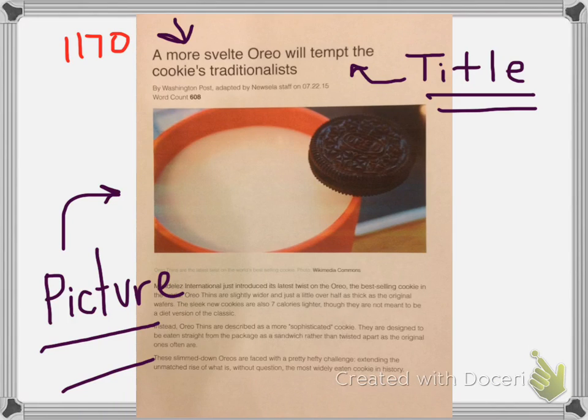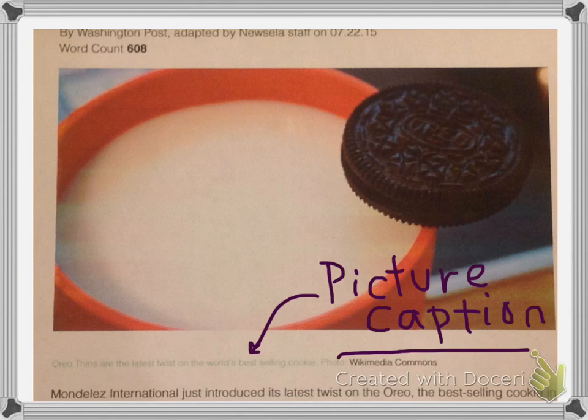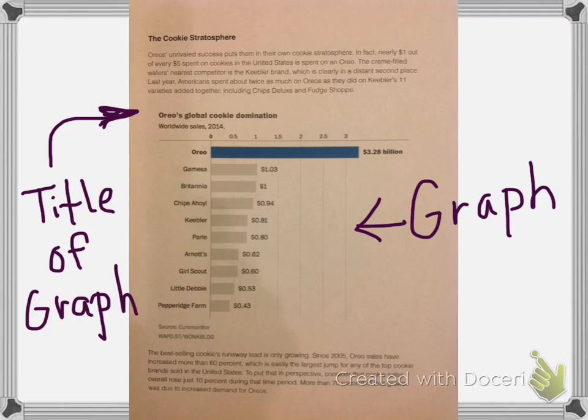So far I've looked at the title and I thought, I think Oreos are maybe going to change. I looked at the picture and I thought, oh, this article is about Oreos. And I read that picture caption and realized it says something about Oreo Thins. And that made me think, maybe Oreo Thins is the change that's going to happen. I looked at the graph and I saw that Oreos are selling more than any other cookie. What other text features are there that I need to look at besides the title, the picture captions, and the graph? The other one in this